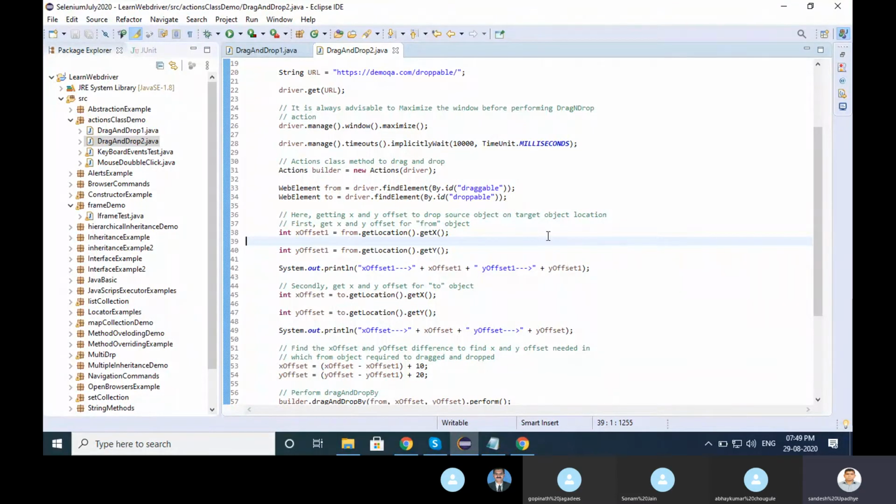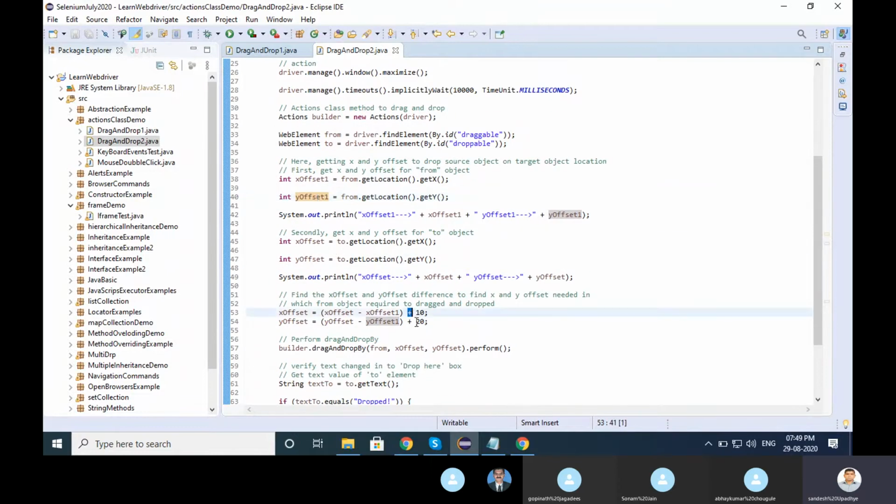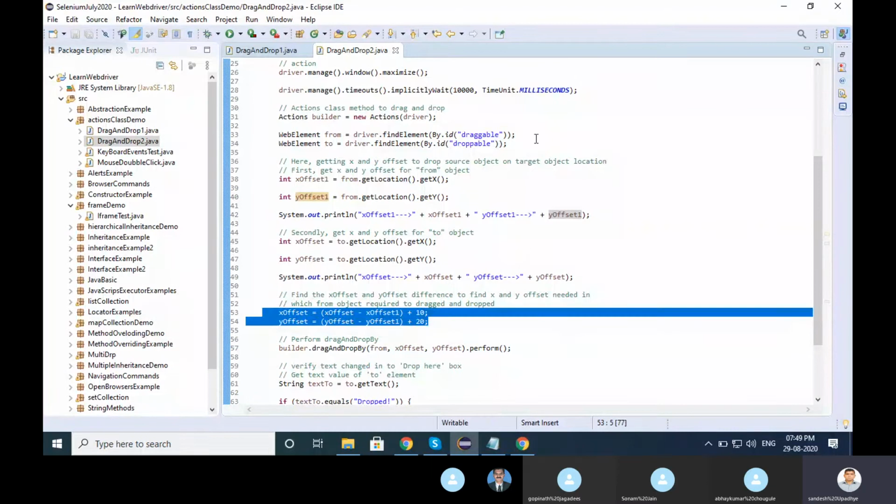After running this program, after storing into x offset 1 and y offset 1 and printing that offset, you will get to know what the x and y coordinates are. I just put plus 10 and plus minus here. So one program I got on the internet, I copied from the internet itself, but here the same thing we did over here from ID was very simple.